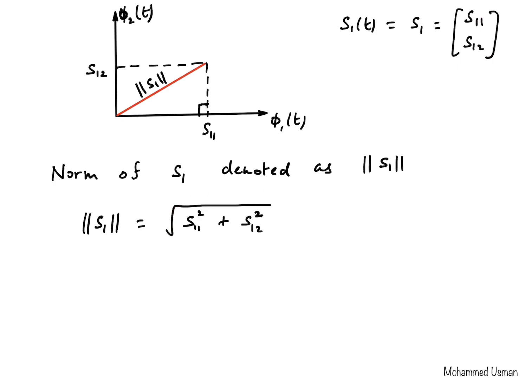So S11 square plus S12 square under the root. And that's for a two-dimensional case. So in general, for an n-dimensional case, if we have a vector of length n, we just add those additional terms inside this root, right? So for an n-dimensional vector in an n-dimensional space, okay,